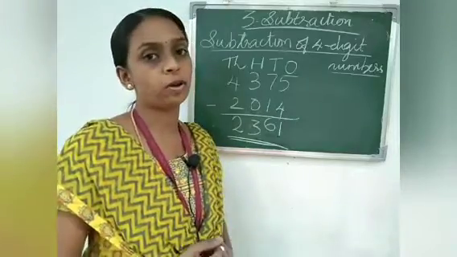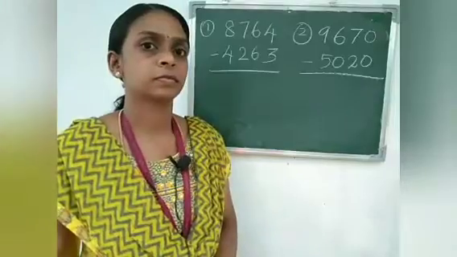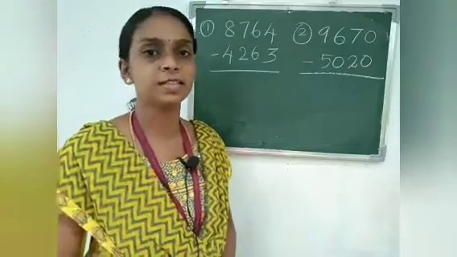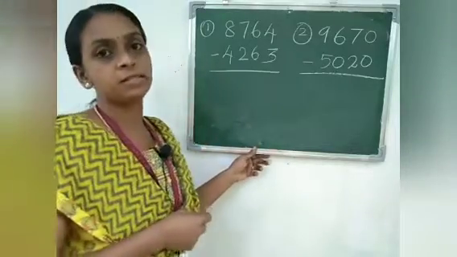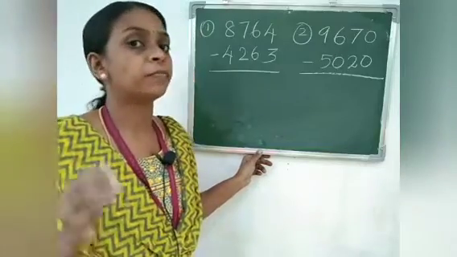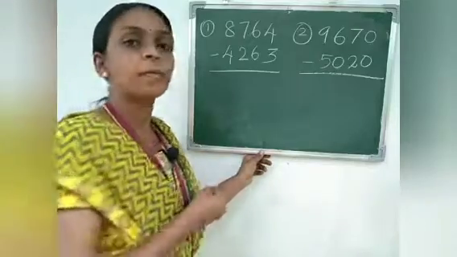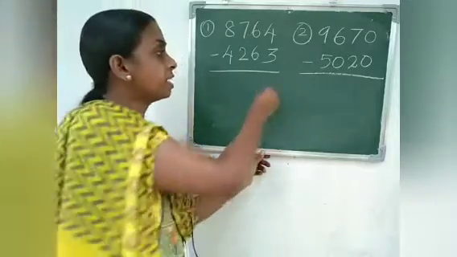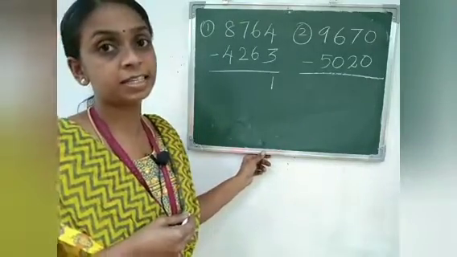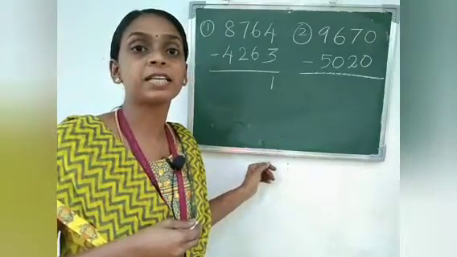I will show you 2 more examples of subtraction of 4-digit numbers. Now we will look at how to do these problems. Here 4 places are there. I told you we have to start the subtraction from the ones place. Here the ones place numbers are 4 and 3. 4 minus 3 is 1. Next, the tens place numbers are 6 and 6. 6 minus 6 is